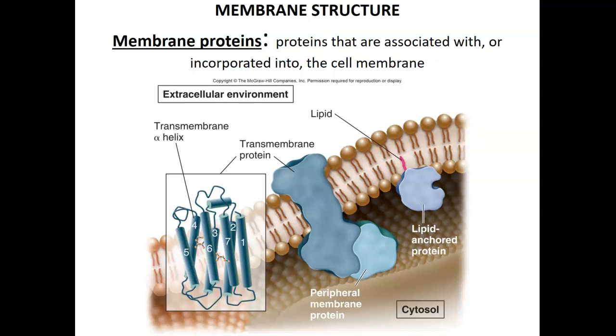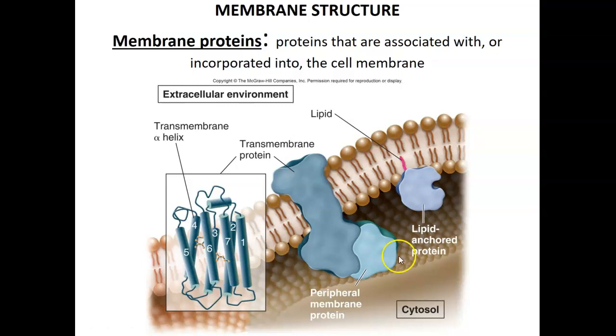If you think about the structure, the nonpolar amino acids are able to interact favorably with the hydrophobic fatty acid tails of the phospholipid bilayer. The other integral protein would be the lipid-anchored proteins. What we find here is that the lipid molecule is covalently attached to the protein itself,